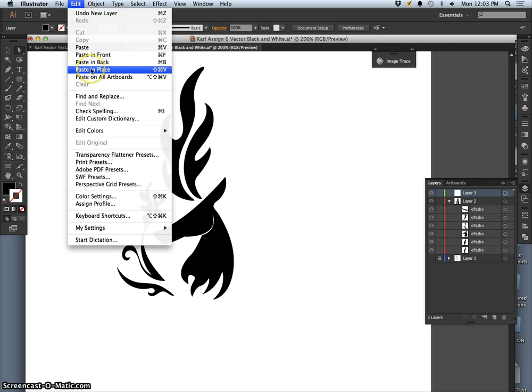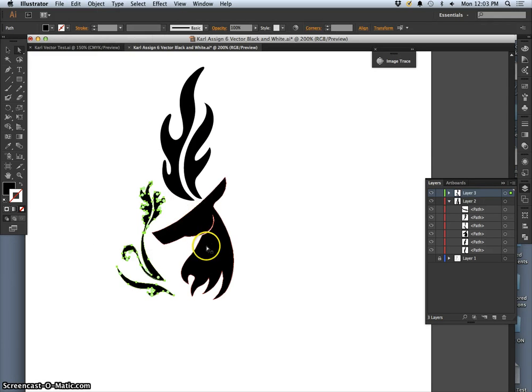So it's not just as simple as Command V, because that will put it in the center of my artboard here. Instead, I want to paste in place. It will put it exactly on top. It's like duplicate Command J in Photoshop, but there's not the exact same keys here. So now, because I put it in a new layer, you see it's outlined not in red, but in green, a new color. It doesn't matter, it's just telling me which layer I'm on. To be safe, I can lock the red layer so I can't accidentally change it. And now, once they're all selected here in layer 3, my green layer,